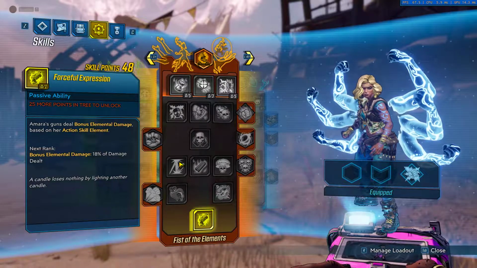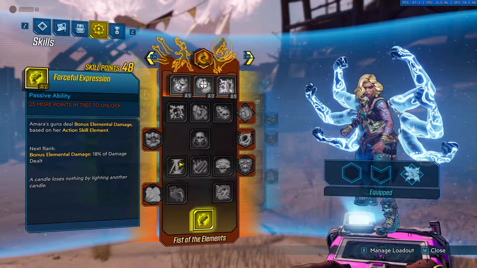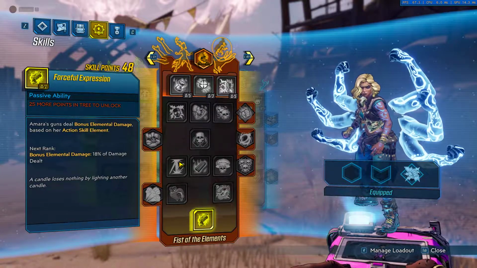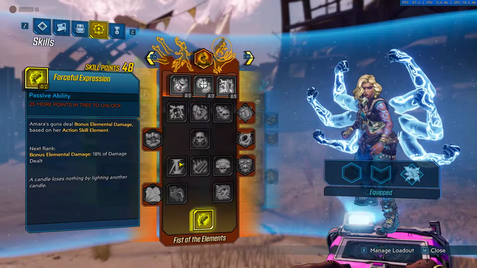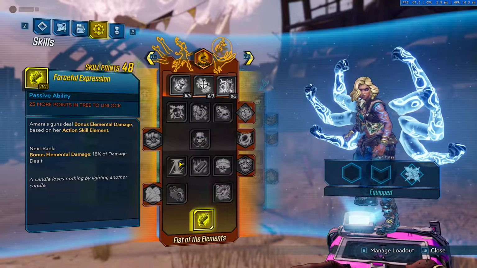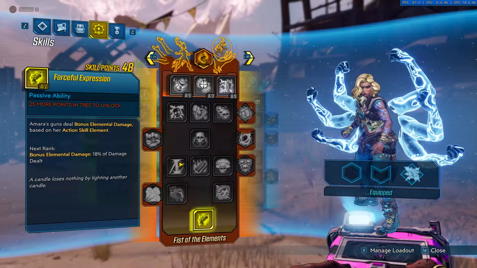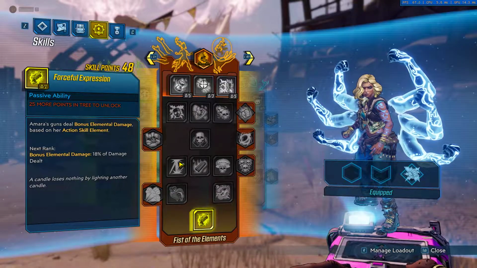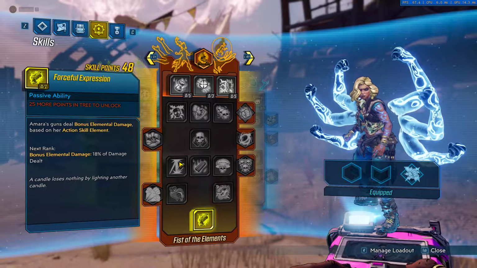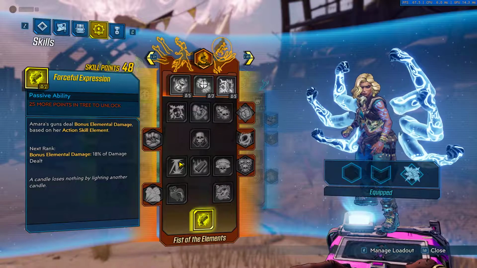Now, you won't always be dealing exactly 18% because it is based on your action skill element. So that action skill element will be fire or shock or whatever. However, that is increased by any sort of elemental damage bonuses that we have. So that 20% is already based on a lot of multipliers already. So it is a very strong bonus, and in certain situations it can be very, very nice to just trim